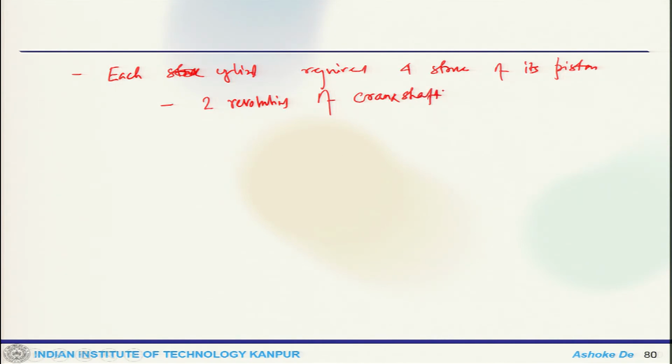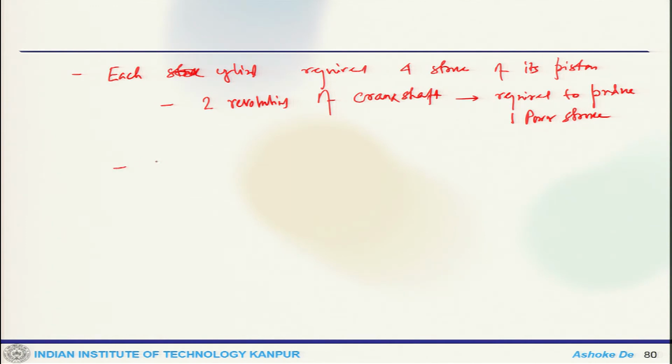So, that is required to complete the sequence of events which produces 1 power stroke. Both CI and SI engines use this kind of cycle, and as we have seen,